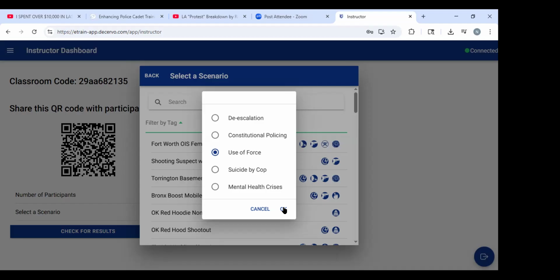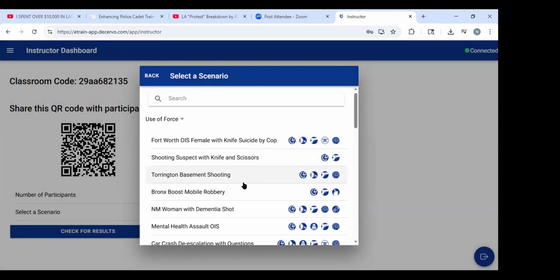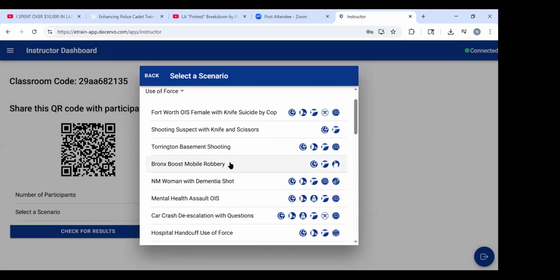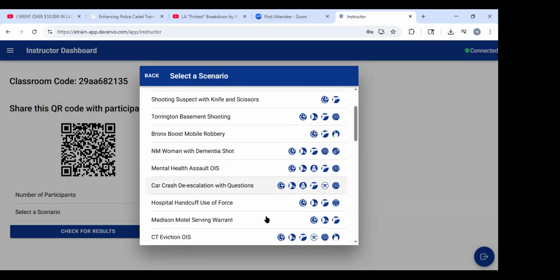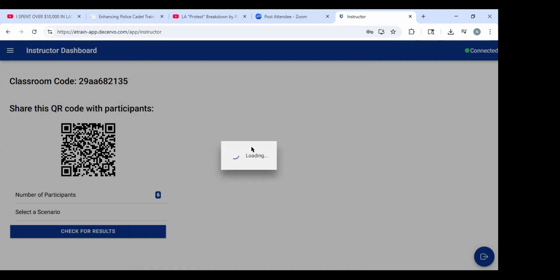So any one of these scenarios is some kind of use of force. And you've got a little bit of a brief icon set to the right that tells you the kind of categories. So that one you just have your mouse over now has some tactical elements, some use of force is the gun. The fingers crossed is kinesic interview training. But every single one of those that you filtered are use of force scenarios. So you can pick any one of them, and we can go in and do it.